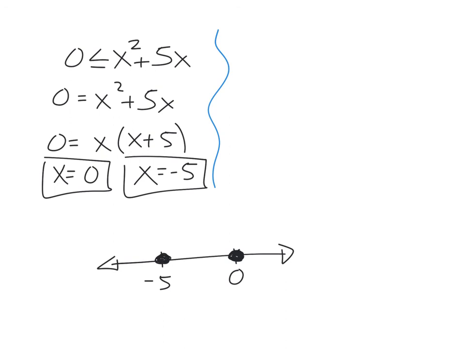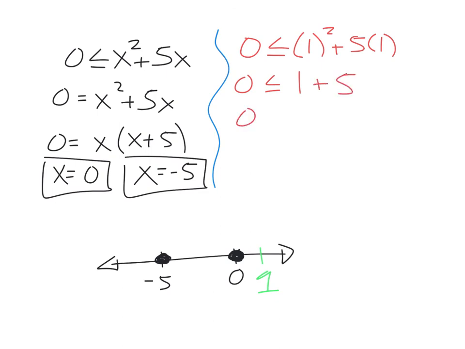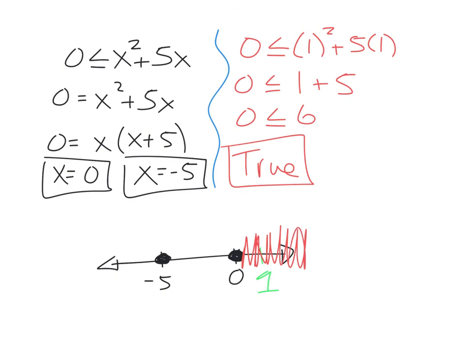So now I'm going to choose a number that's relatively easy for me to test. I'm going to choose a 1. I think 1's easy, so I'm going to try this number. So I've got 0 is less than or equal to 1 squared plus 5 times 1. So that means I have 0 is less than or equal to 1 plus 5. 1 plus 5 is 6. And so is 0 less than or equal to 6? Yes, that is true. And so since that is true, I will shade over here to the right-hand side